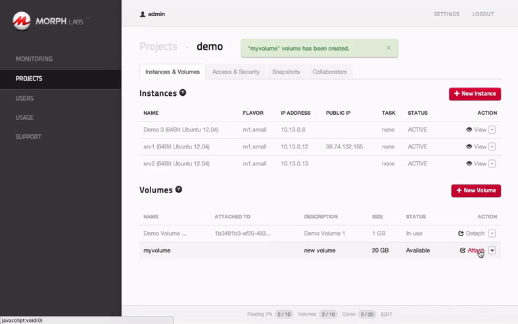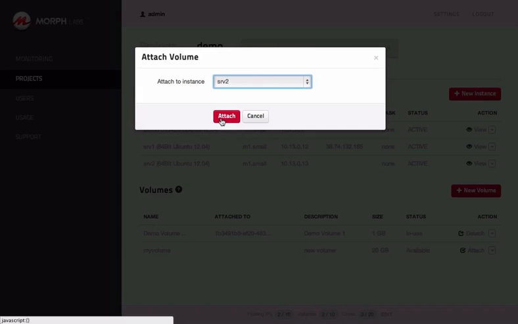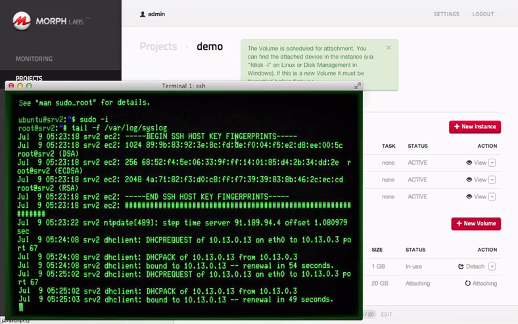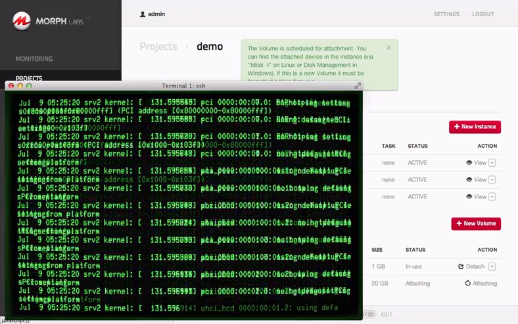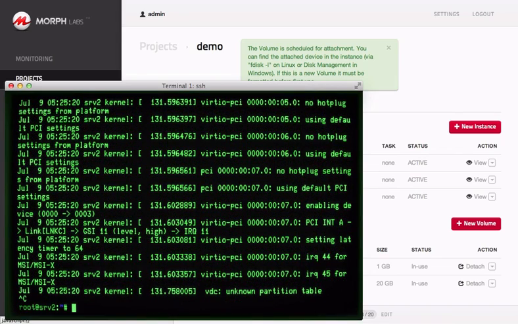And once it's been created, we can click Attach, choose which instance we want to attach it to, and click Attach. And when we do this, we'll jump back to the syslog and watch the syslog on this virtual machine. Now within about a few seconds, we'll see that it's been connected using the virtual I/O driver, and we see down here that there's a new device at VDC with an unknown partition table. Let's partition that,